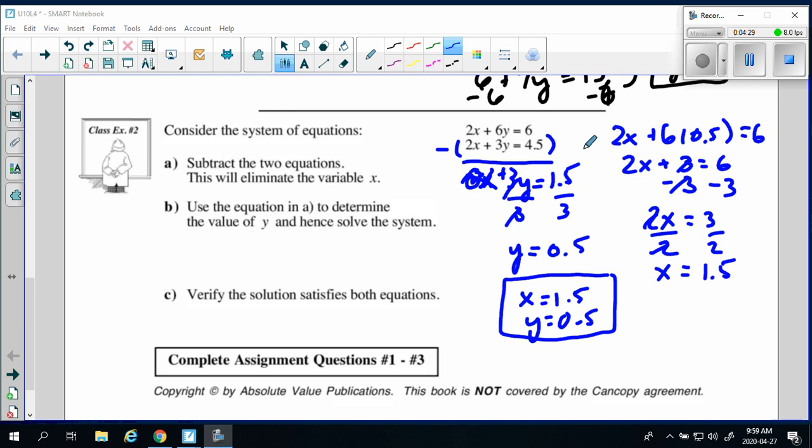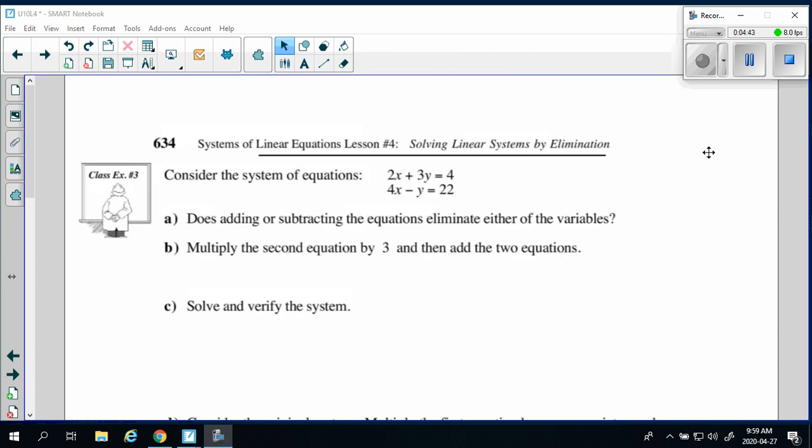The one issue, though, that I find with subtraction is that a lot of students forget to subtract because the subtraction sign is written out here. So some students choose to change all the signs in here and in here to make sure that they don't accidentally add partway through. So we're looking at this system in this case, and we're asked to solve it by